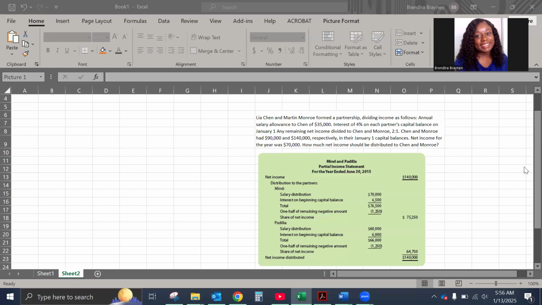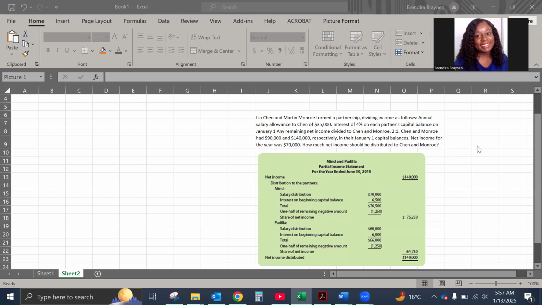Now let's take a look at how partners' net income is divided and how it's shared out to the different partner accounts. In the past, we've had one equity account, and so all of the net income would go to that one equity account because there was one owner. Now we're looking at partners and partnerships, and unlike a sole proprietorship and a corporation, each partner has to have a share of the net income or the net loss sent to their capital account at the end of the year. That's normally dictated by the partnership agreement that states how things should be divided.